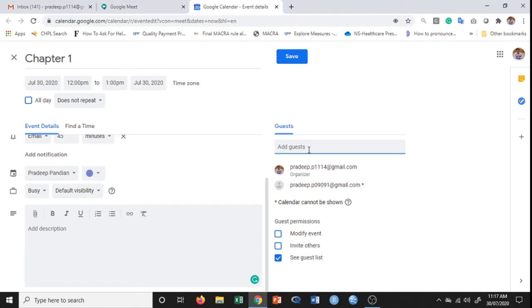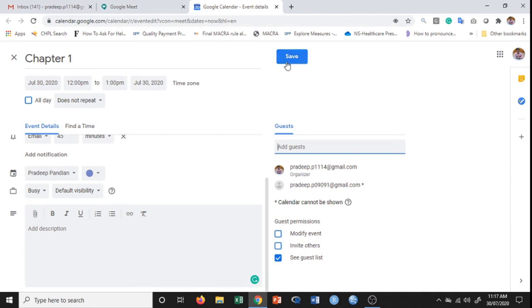Since we are conducting classes, and if you have around 60 students in your class, you cannot send an invite to all 60 students individually. So what you can do is create a Google group, add all 60 students to that Google group, then send this email to that particular Google group. It will be very easy. You need not send an email to each individual student. If you create a group, sharing information becomes very easy.